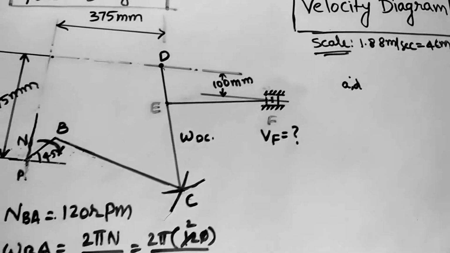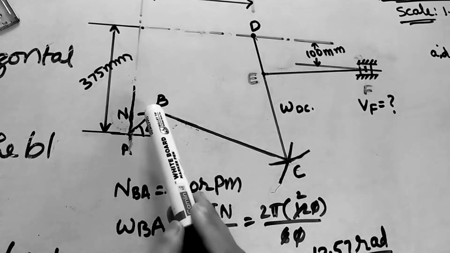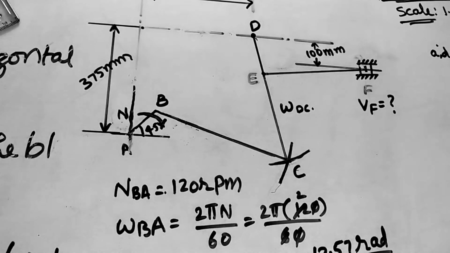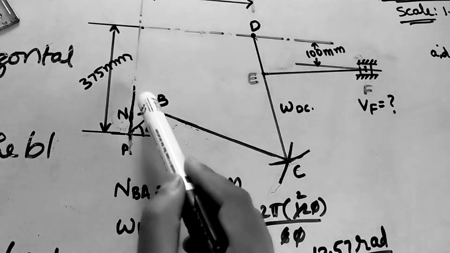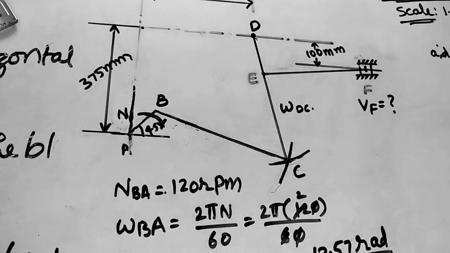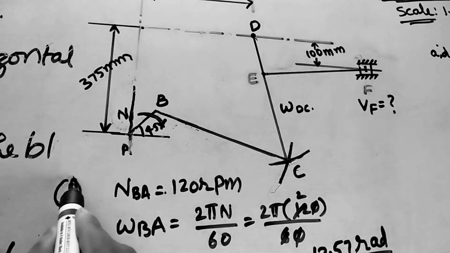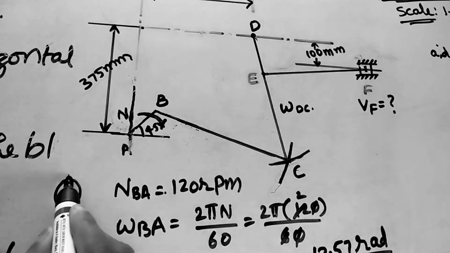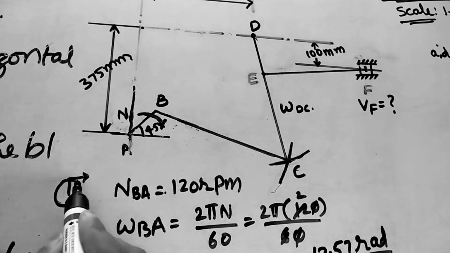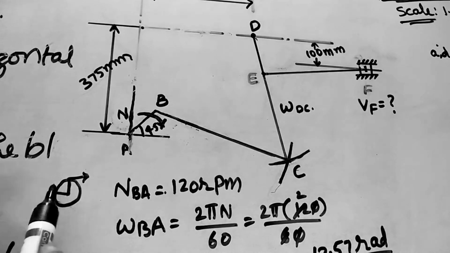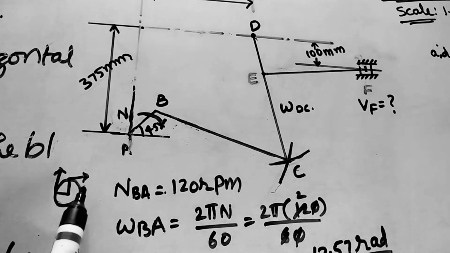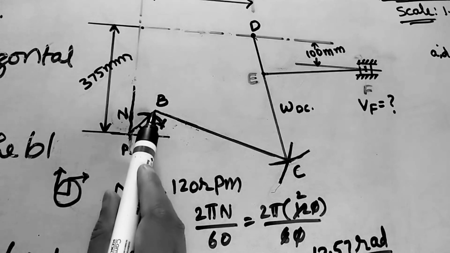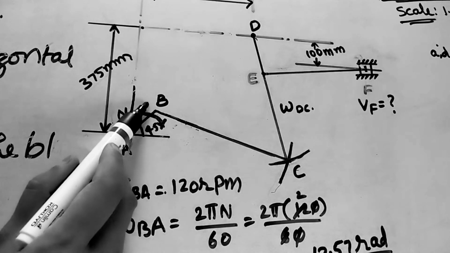Now, in this mechanism, first I will mark the AB link velocity. Always remember, whatever link we are taking, the velocity is always perpendicular to this link. As I told in the last classes also, if you take a circle and take this link, the velocity is like this, perpendicular, which means 90 degrees to the link. If the link is here, the velocity direction is like this, perpendicular to it. Like that, the velocities are always perpendicular to the link. At point B, it is acting perpendicular.